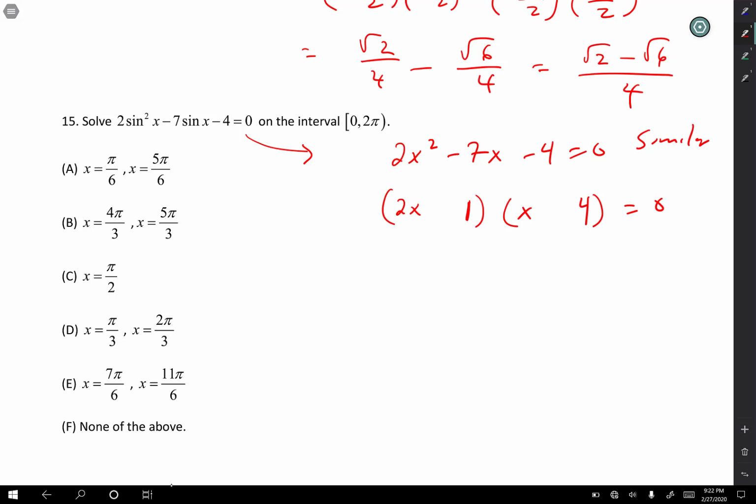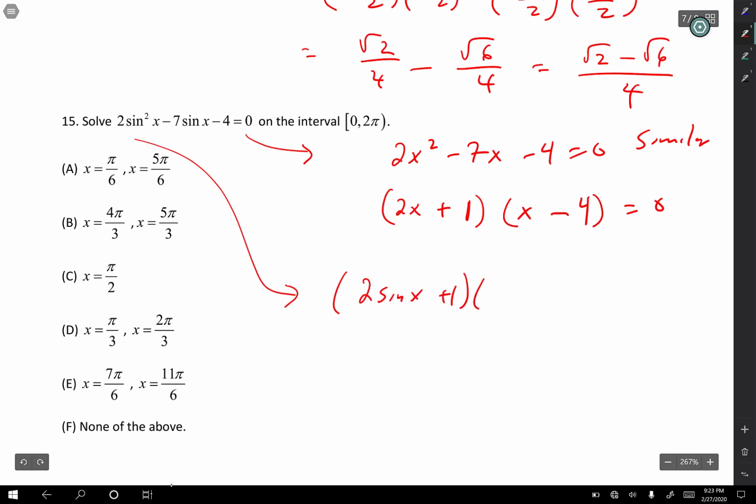Now I want it to be a negative 7. So that means that 2 times 4 has to be the negative. So that's a negative there. Minus. And this one has to be a plus. So since this is similar, that means that I have 2 sine x plus 1 times sine x minus 4. And that equals 0. Since it equals 0, that means that sine x equals 4, but that's never going to